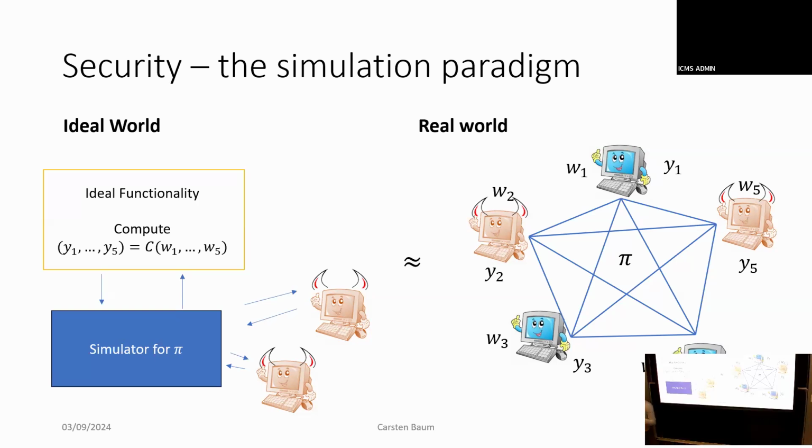And it encompasses both the soundness property and the zero knowledge property, if you look at it from this perspective, because you're not just simulating the messages that these parties are getting. You also have to feed the ideal functionality the inputs of the dishonest parties. So this simulator also has to figure out these parties' inputs. So it also has to behave like an extractor in the zero knowledge definition.